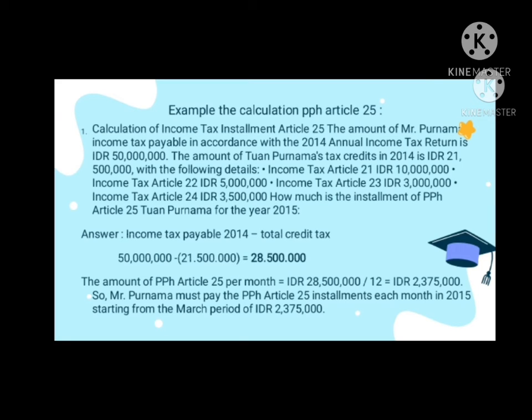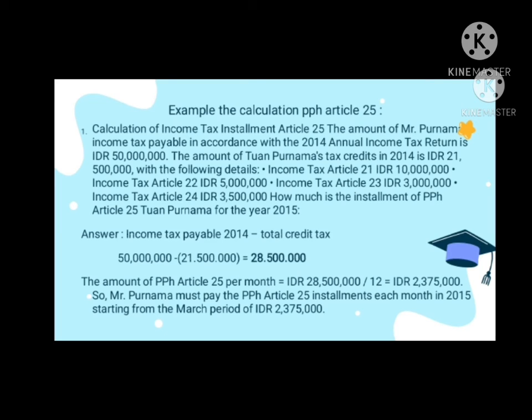Okay, now we continue to discuss the example of calculation PPH Article 25. The amount of Mr. Purnama income tax payable in accordance with 2014 annual income tax return is 50 million rupiah. Then the amount of Mr. Purnama tax credit in 2014 is 21,500,000 rupiah. With the following details: Income tax Article 21, the amount is 10 million rupiah, and Income tax Article